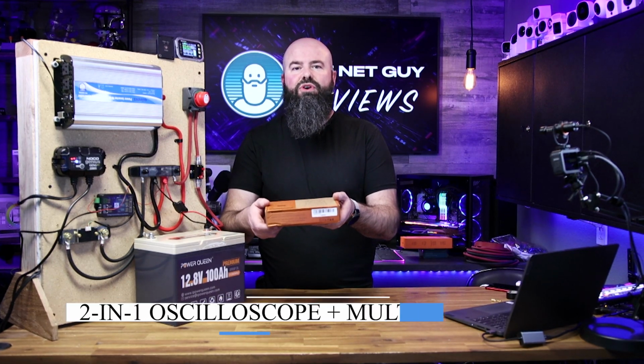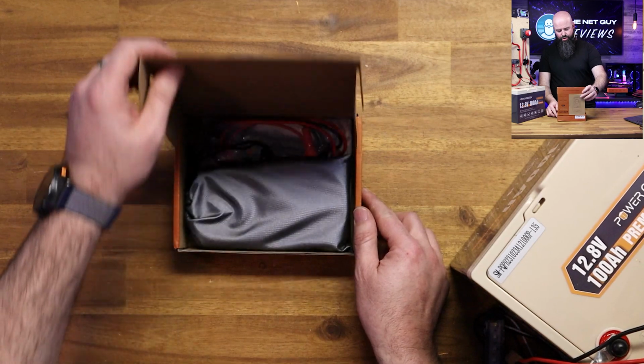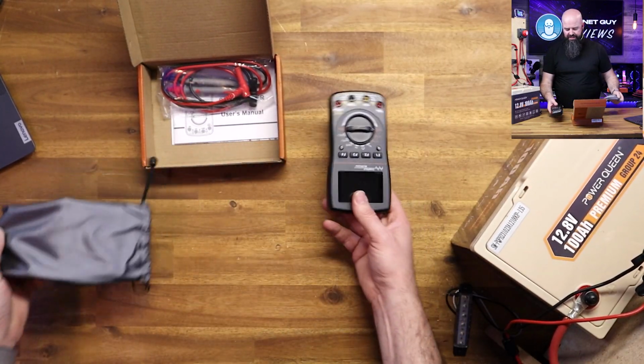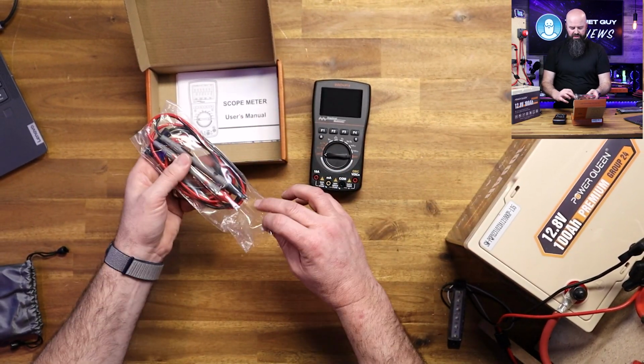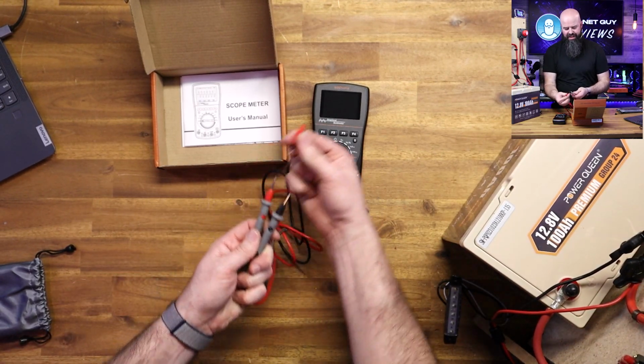So this is from Gochifix. This is their Oscilloscope Multimeter. Now, it's a standard size multimeter. You will have to add your own batteries, if I remember right on this one. It's going to come with your standard multimeter probes, and they are going to have 600 volt category covers over